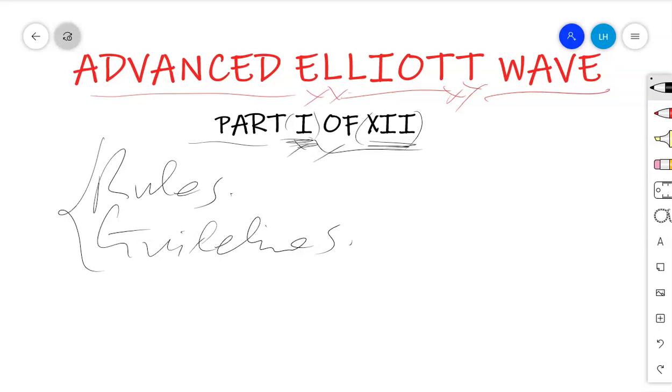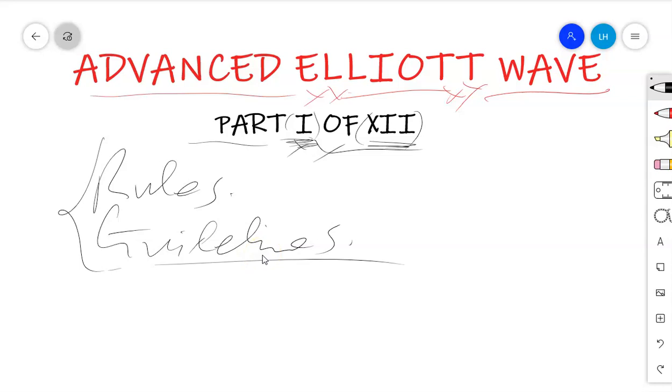So when you are trading with the Elliott wave, you must be aware of the rules. They cover the things that do not change; they are static within the market. But the guidelines cover those modes that are variable. Sometimes things are this way, and other times they change. So those guidelines are variable, and that is where we get what we call the alternative counts when trading with Elliott wave.